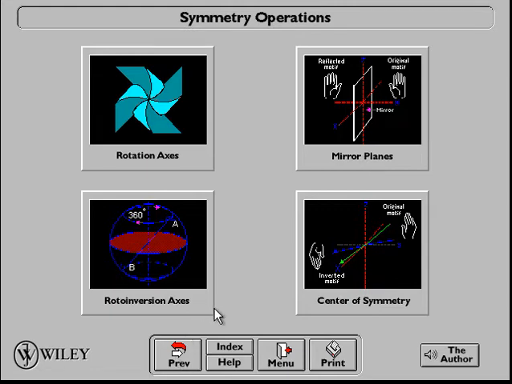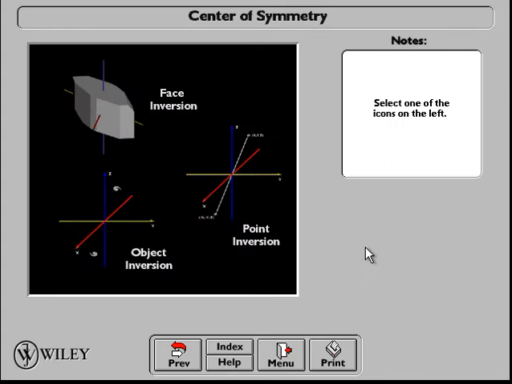So we had now so far some examples telling us something about the roto-inversion axis. Now we are going to the center of symmetry. We are subdividing between phase inversion, object inversion, and point inversion. So we will start now with the center of symmetry